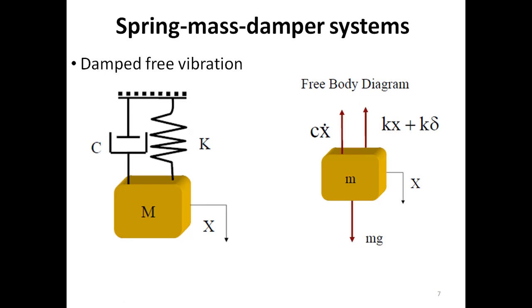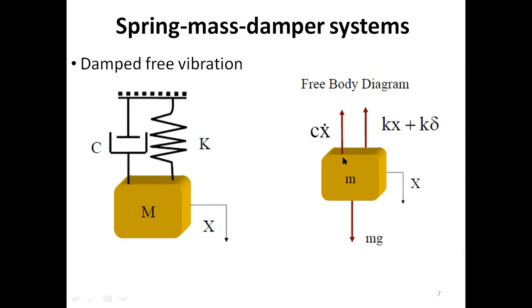So as we discussed last time, the first step in order to solve the problems in vibration is to derive the equation of motion. And for the equation of motion, you have to first draw the free body diagram. So let's say the mass is moving in the downward direction. So in that case,